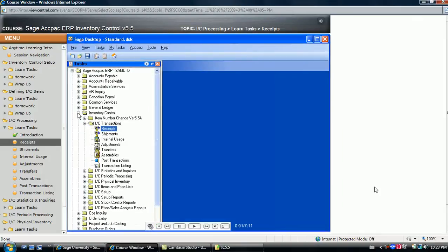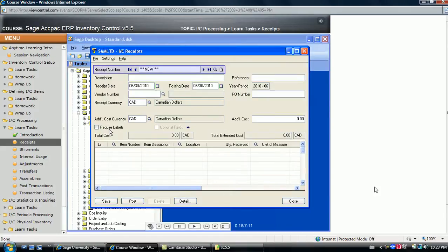The Receipts icon within Inventory Control is where items are received from vendors, typically if the purchase order module is not integrated. If the purchase order module is in use, receipts should be entered there, so the vendor invoice is generated automatically. As with other transaction entry windows in Accpac, the word new indicates that the system creates a new